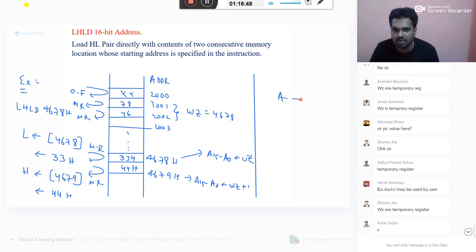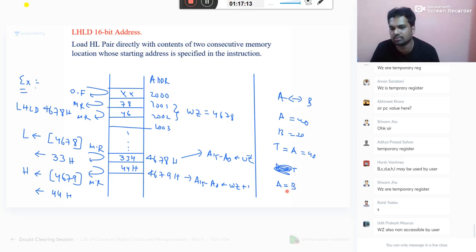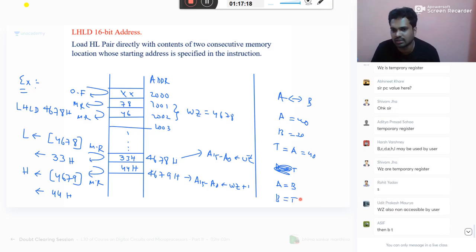Suppose you want to swap A and B. A contains 40, B contains 20. What do you take? One temporary register you take. Take T equal to A, that is 40. Then A equal to B. Then B data will come. Then B equal to T. Like that you do the swapping problem. Similarly,